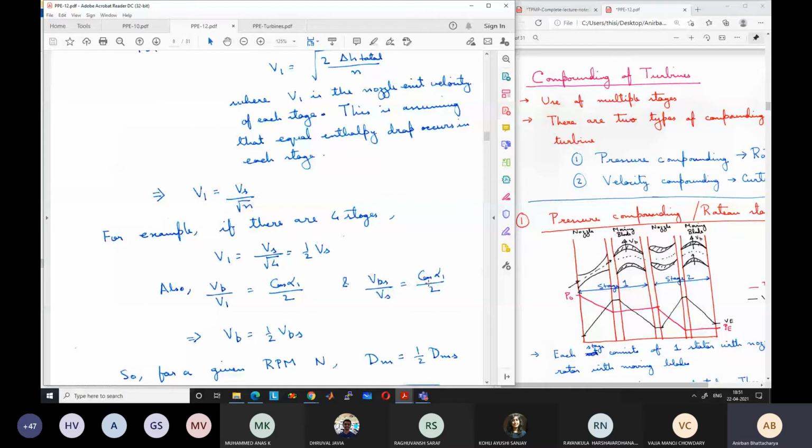So whatever we have discussed, blade efficiency, blading work, blading efficiency, everything is the same for this. You just have to repeat the same thing again and again. The same stage is getting repeated again and again. What are the properties which will be similar in every stage, and what are the properties which will not be similar in every stage? Can anyone tell?